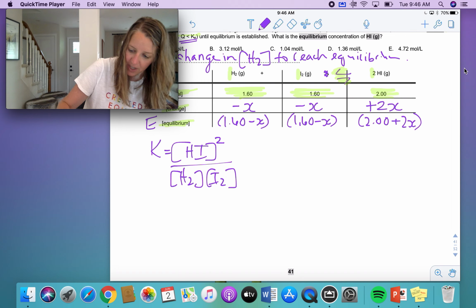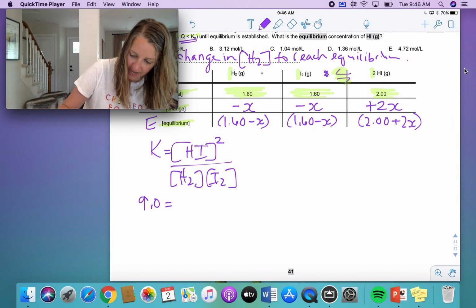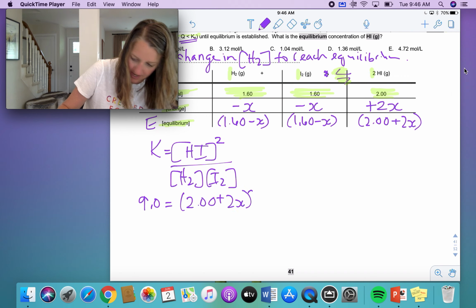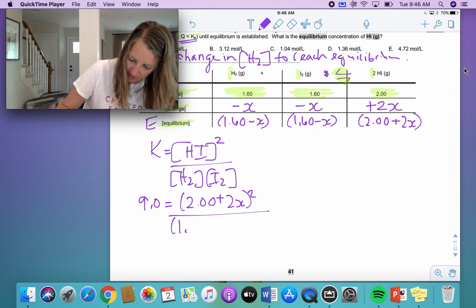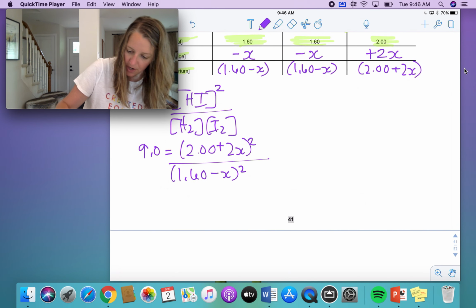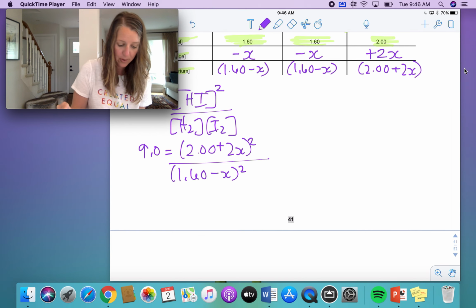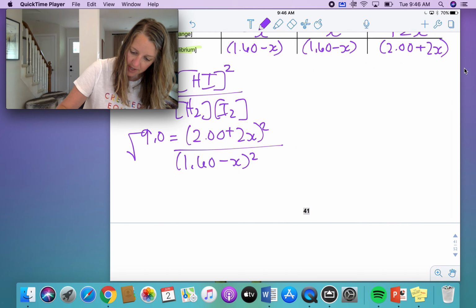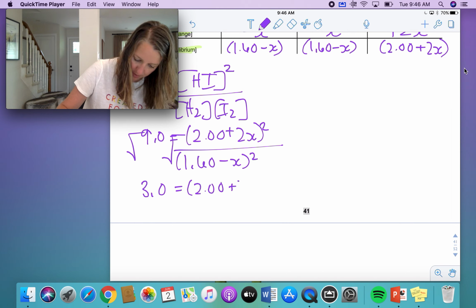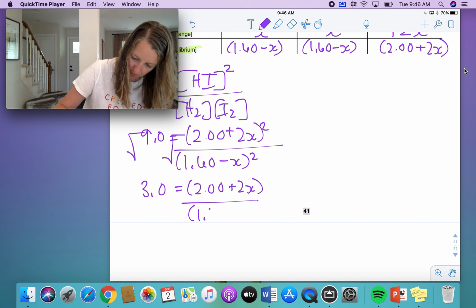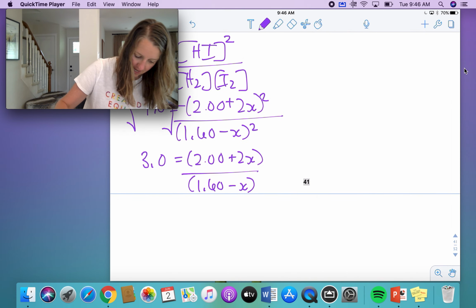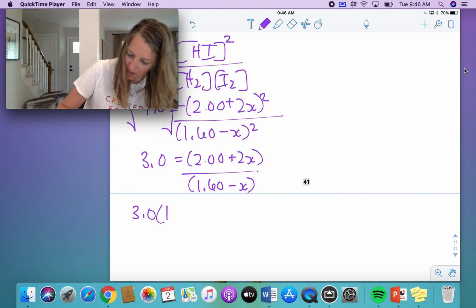Now I know what my K value is, so I'm going to solve it. I'm going to plug that value in right now. I'm going to go ahead and do my basic algebra. And again, I always say feel free to do your algebra however you like. I notice that if I've got squares on both sides, I'm going to do the square root for both sides. So square root this side, square root this side, and I'm going to be left with 3.0 equals 2.00 plus 2x over 1.60 minus x, and again I bring it up, so I've got 3.0 times 1.60